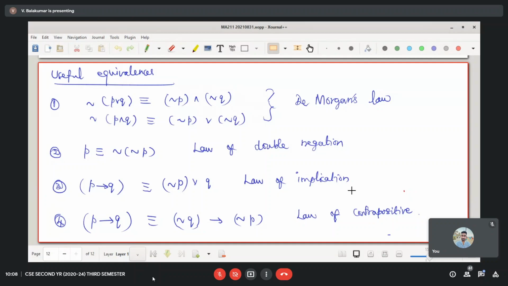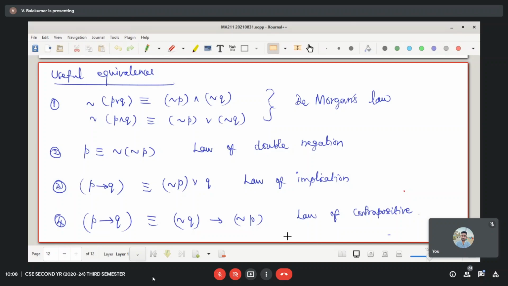So far we are just verifying with truth tables. And also we indicated: start from the left side, step by step write something and finally reach the right side. Deductions. How do we deduce? If you do that, that also is acceptable.